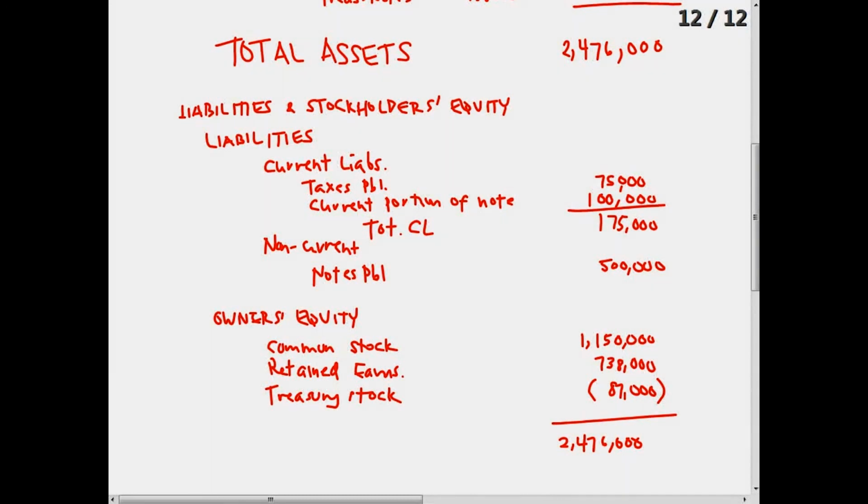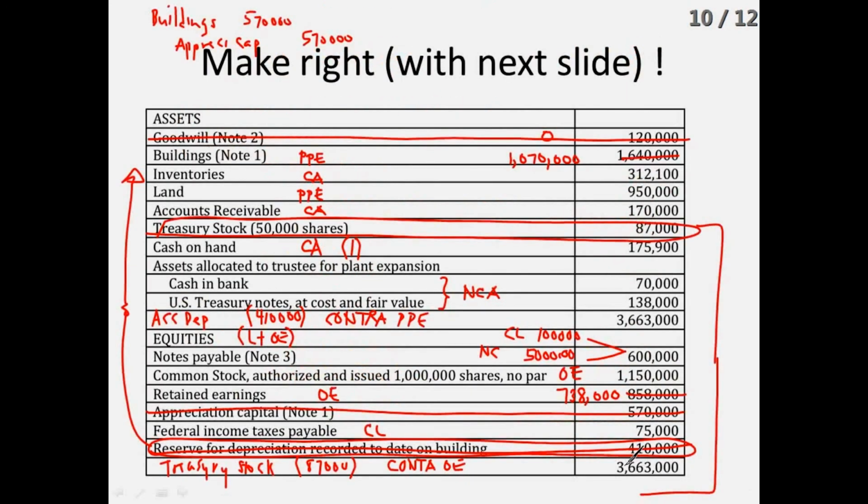Okay. Sure. So let's talk about a couple of things that you might not have gotten right. You might have thought, hey, this says cash in the bank, just because it's allocated. So what would the penalty have been for sticking it in the wrong place? I don't know, half a point. Like nothing major. I'm not going to kill you for things that are hard and that you might not know.